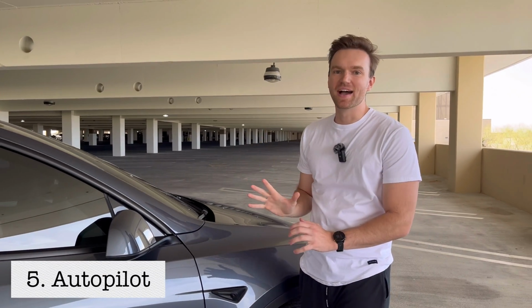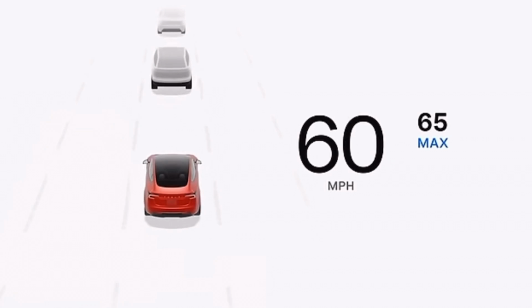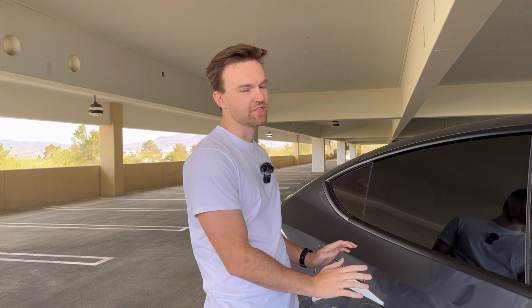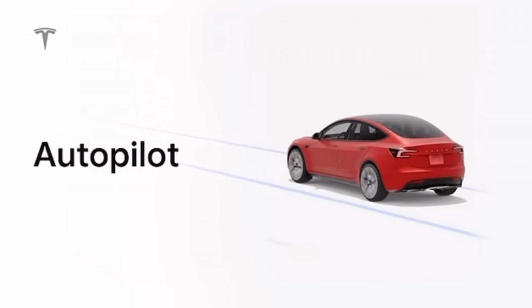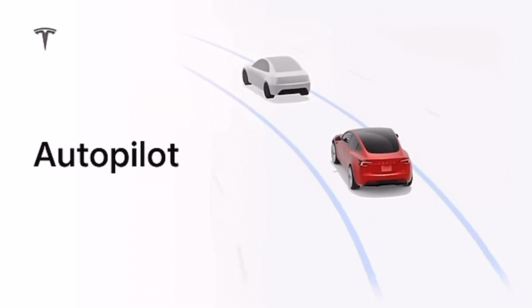Number 5, Autopilot. It makes road trips so much easier, and it makes stop and go traffic just a little more bearable. Or if you have a long day at work and you're tired of driving home, using Autopilot is so much easier and probably safer at that point to use. Now, Autopilot is not to be confused with full self-driving. Autopilot will not stop at stop signs or stoplights or make turns for you, but it will keep you in your lane safely on any highway or interstate. So human supervision is still required, but the best part is that standard Autopilot comes standard on every Tesla you buy. So with no additional cost, every Tesla, Model Y, Model 3, Model whatever, gets standard Autopilot for free, except